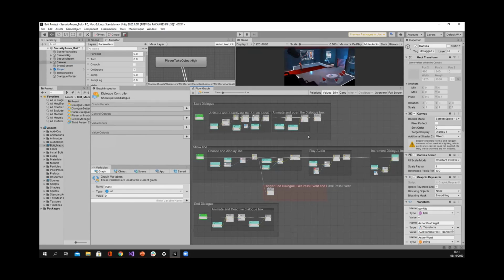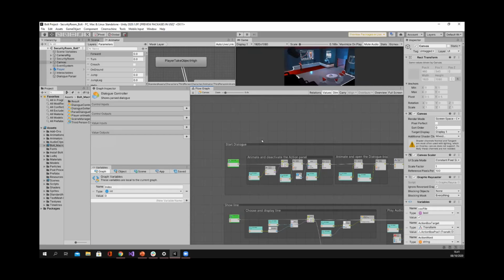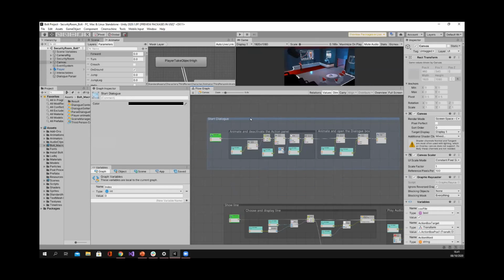As you can see, it's very complex. It has a lot of things. It starts the dialogue, it shows lines, it ends dialogues. And to get your flow to be more comprehensible, you can create, as you can see, some boxes to group the nodes that you are using. So for example, if I go here, I know that this start dialogue has an